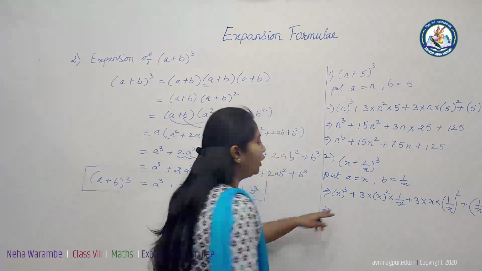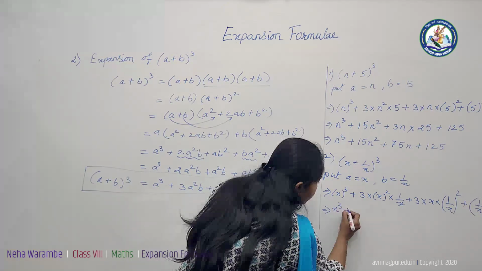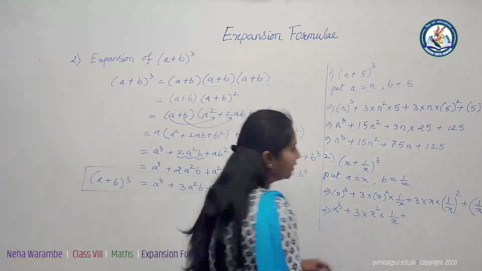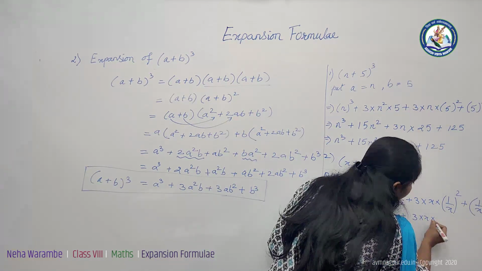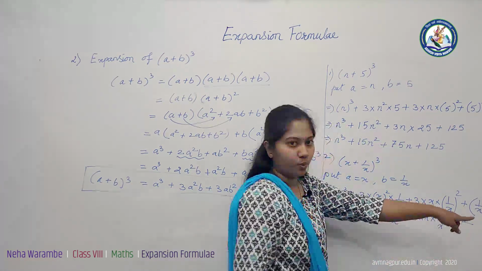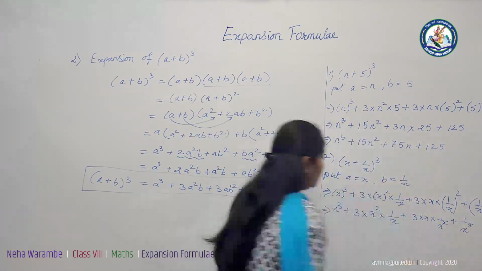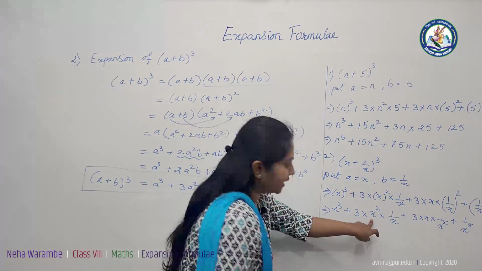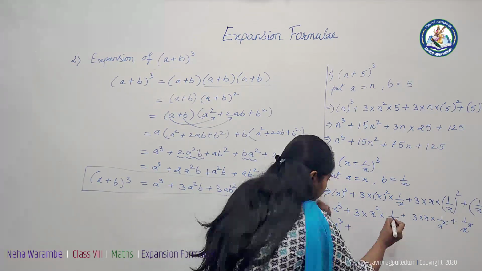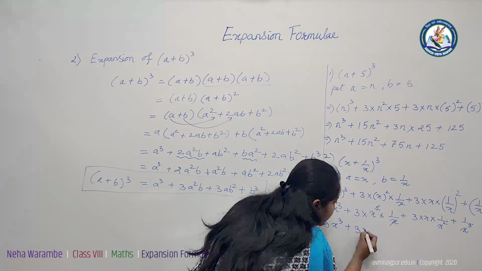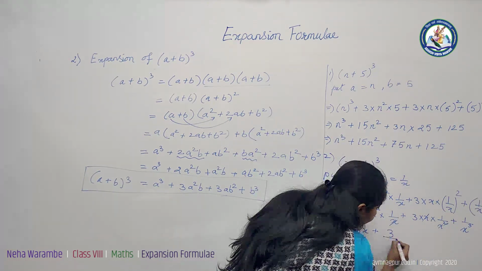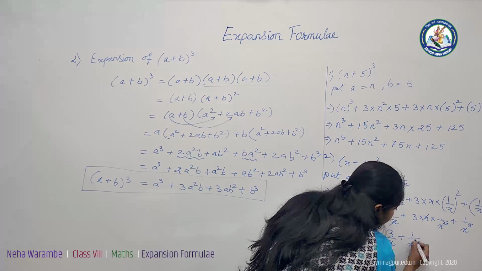Now cube of x is x^3, plus 3 into square of x, which is x^2, into 1/x, plus 3x as it is, 3 into x into 1 square is 1 and square of x is x^2, plus 1 cube is 1 over x^3. Now on cancellation, the x and x^2 terms get cancelled, so x^3 as it is, plus the remaining term is 3x, plus this x and this x are cancelled, therefore 3/x plus 1/x^3.